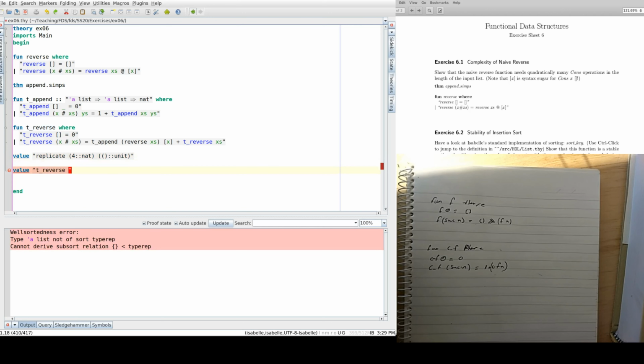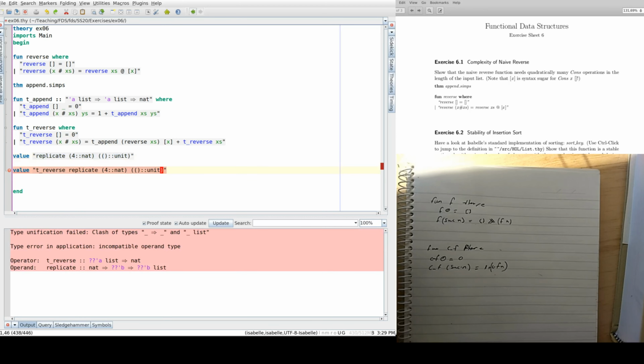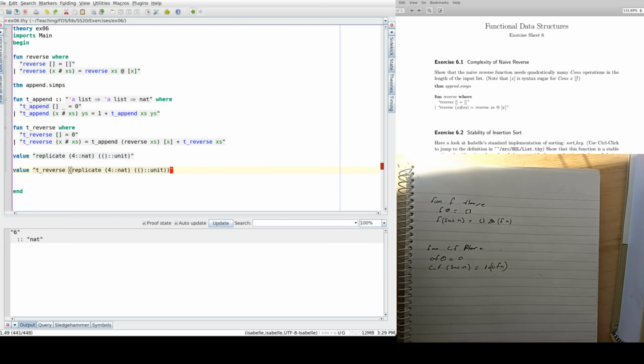And then what we can do here, okay, so we might want to try this first. So we want the number of calls to cons that replicate will do if you give it a list of 4 members. Now we want to do that for 0, 1, 2, 3, etc. So that we can try and guess the pattern actually. So what we can do here is that we can quite simply